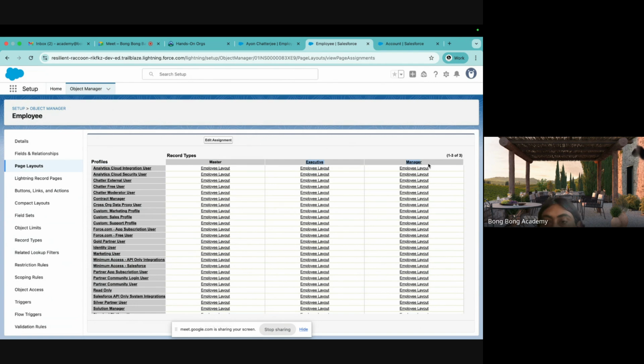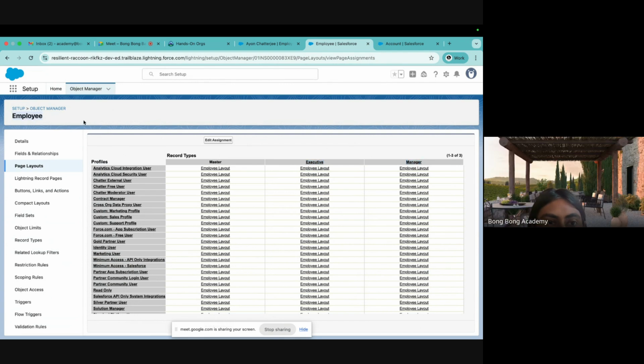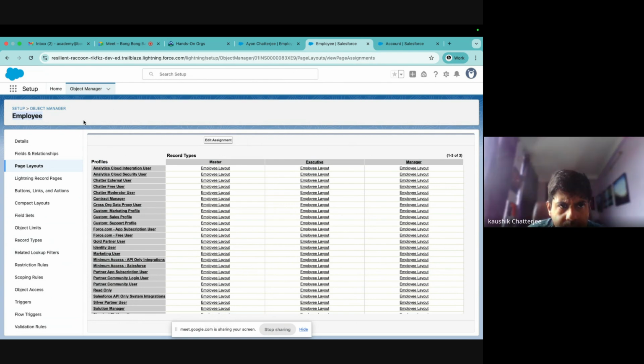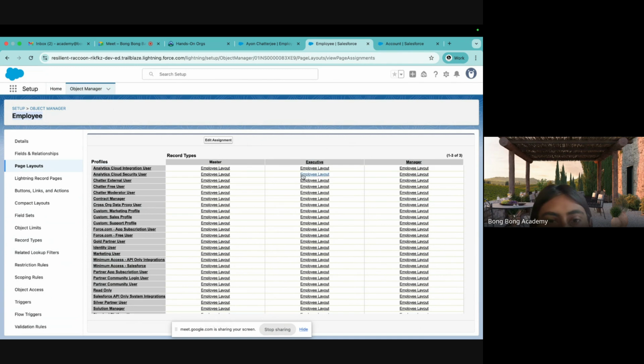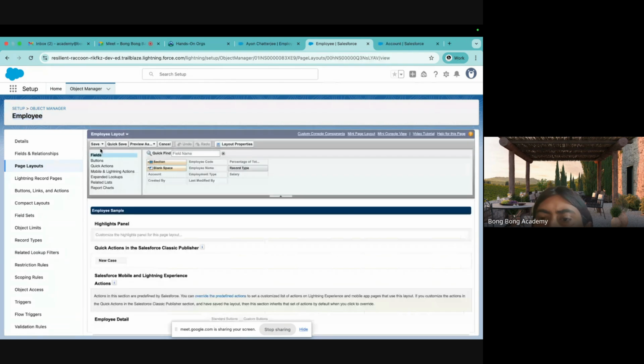CRM will not store your organization data. CRM will store your customer's data. Is it clear? Yes. So these employees are your customer's employees. They are not your organization's employees. Are you getting the point? Yeah. So if your sales guys are looking at the customer managers or executives of your customers, they